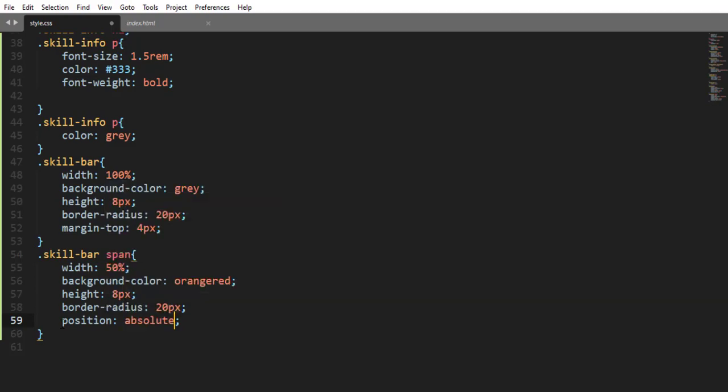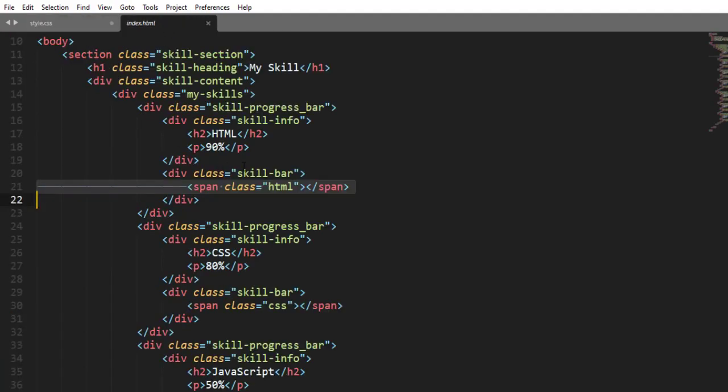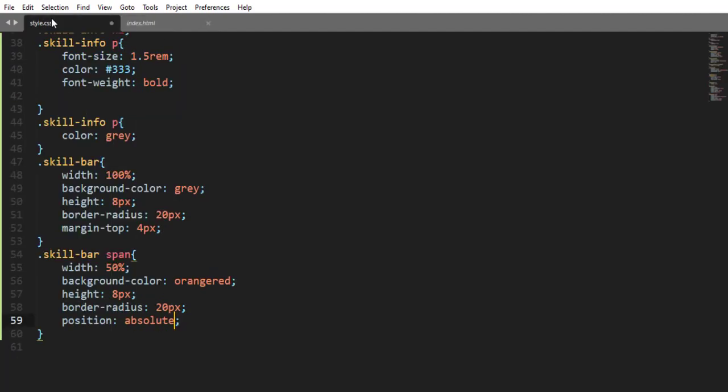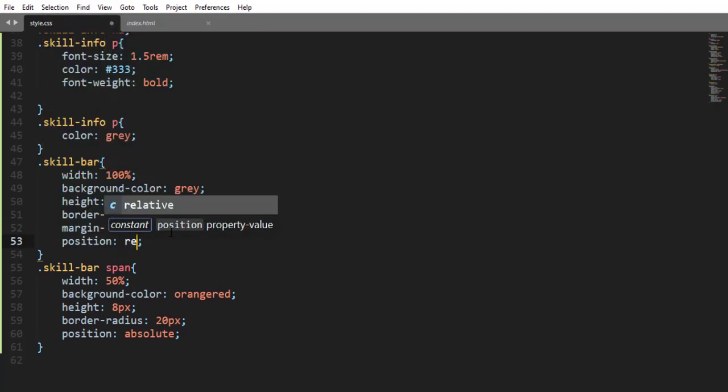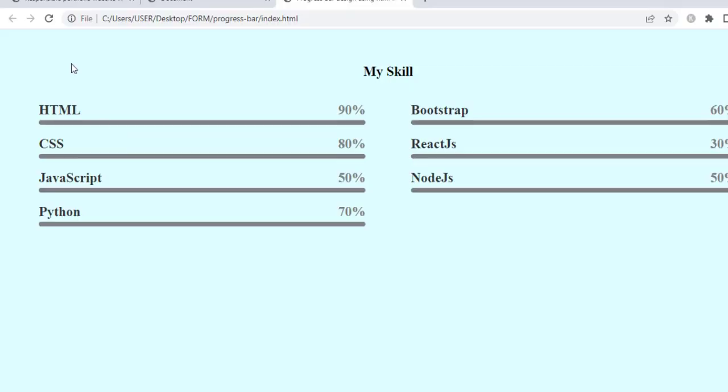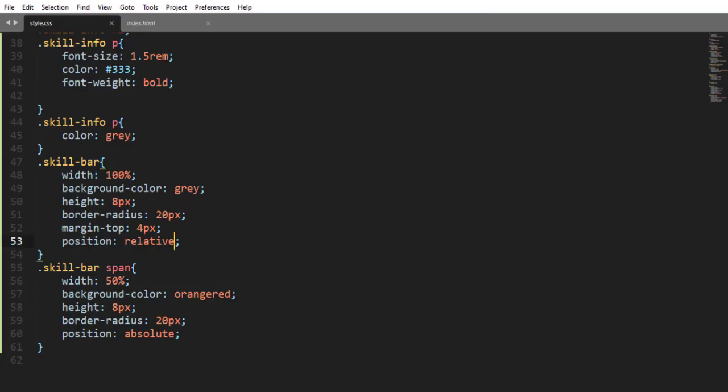If the position for this child element is absolute, the position for the parent element should be relative. In this case, the parent element is having a class name skill bar, right? So come over here and add a position relative. So having this, when I save and refresh, here we are, right? So now having this, let me add